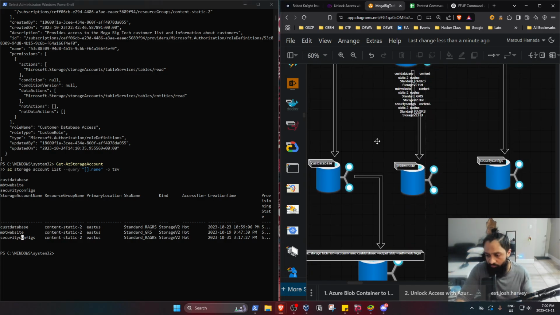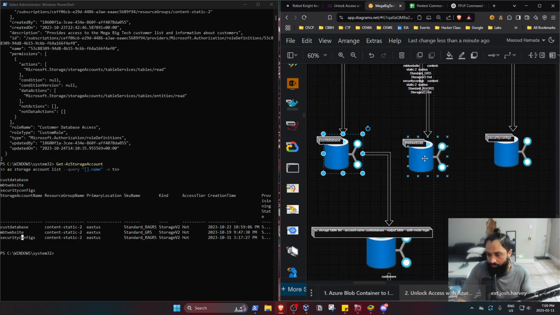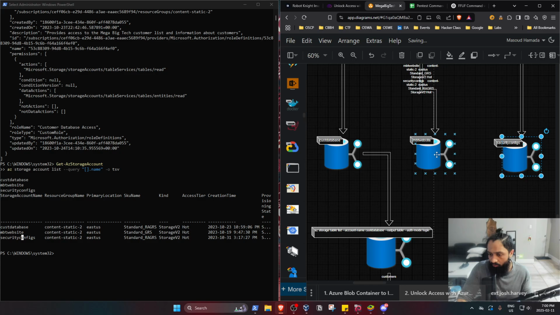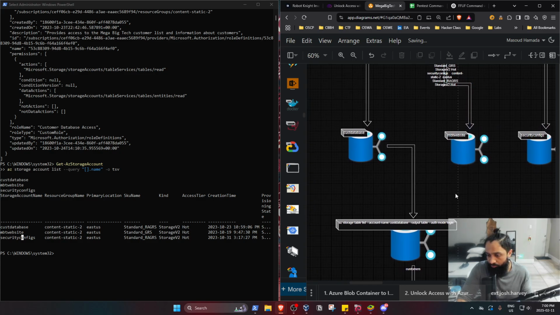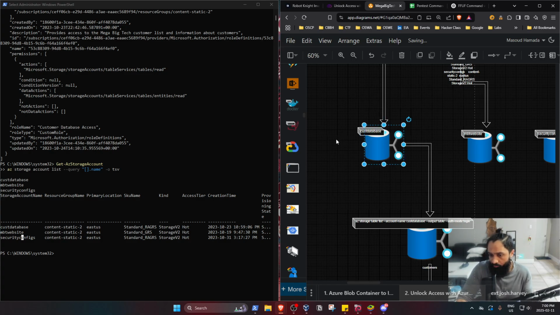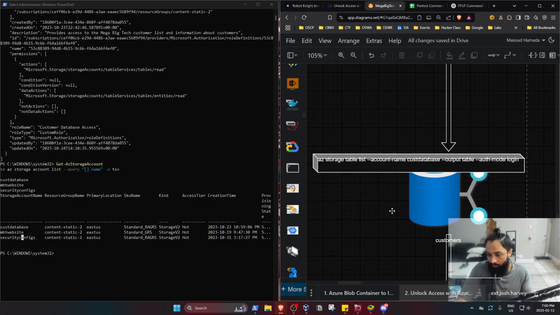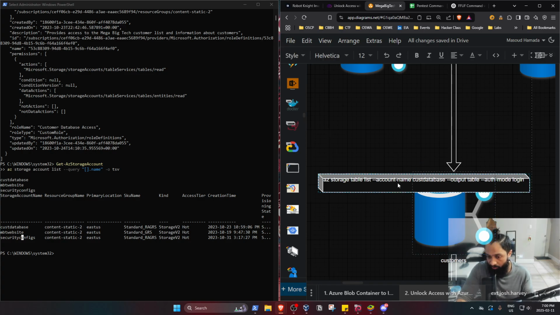And so I drew them out over here, these 3 containers. And I didn't go through all of them. I'm just going to show you going through the critical path of it. We went through cust database, which is the customer database. And in the command, I just want to note one thing about it, which is that when you're using the commands for storages or whatever service or thing it is, the key factor is just to engineer the command to suit the variation. So in this case, it's a table storage. And so we have az storage table list. And so putting this in here,